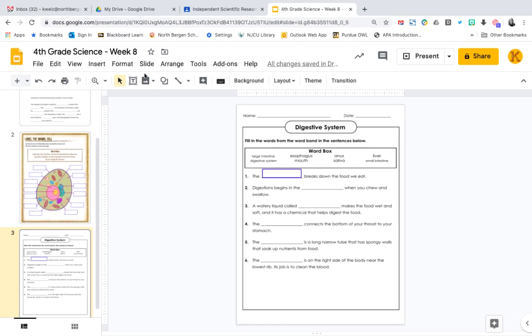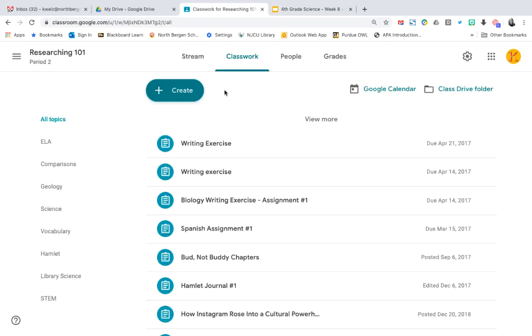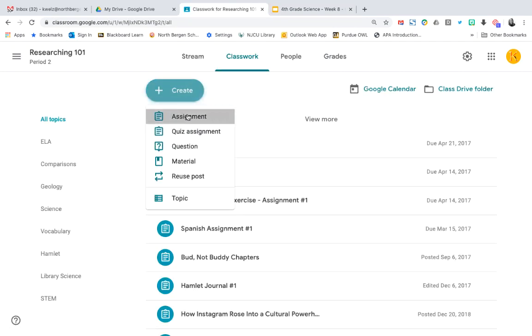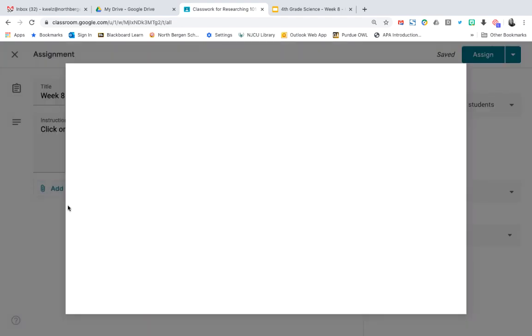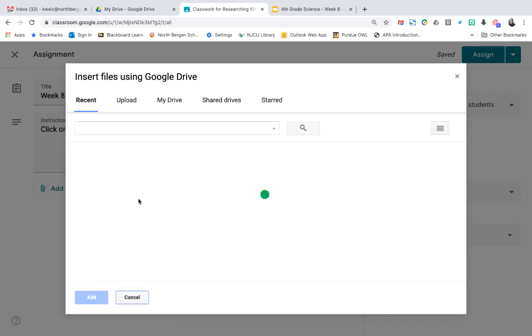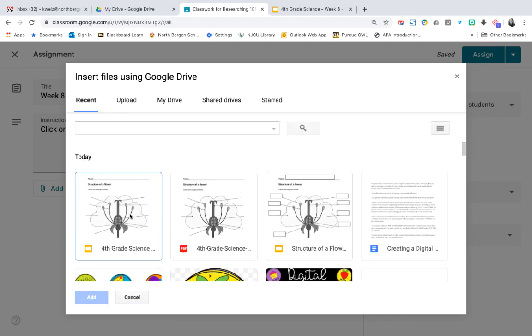So now that we saved our document, 4th grade science week 8, we would go into our Google Classroom, and then when we choose create, we would choose assignment, and then just type in your title. You could type in your instructions. An example of instructions could be click on the Google Slides below and fill in your answers on each slide. Then you choose add Google Drive, and your most recent Google Slideshow should come up, so we're going to choose